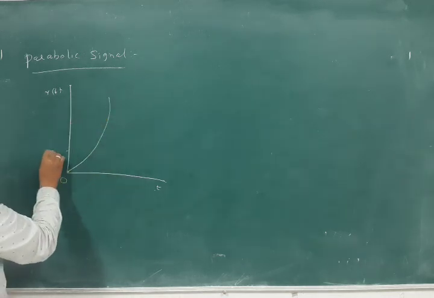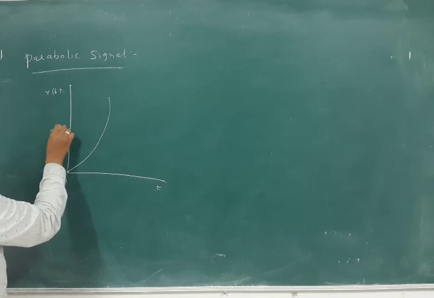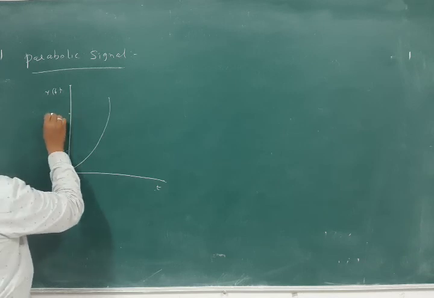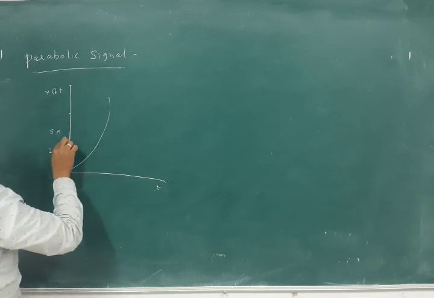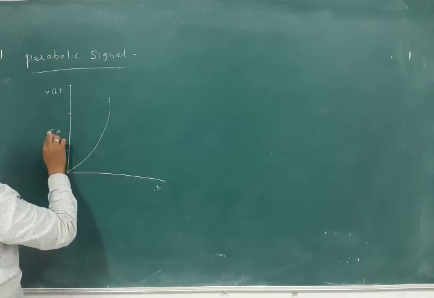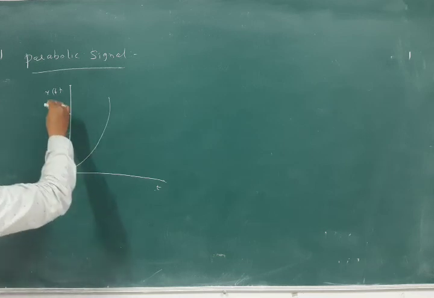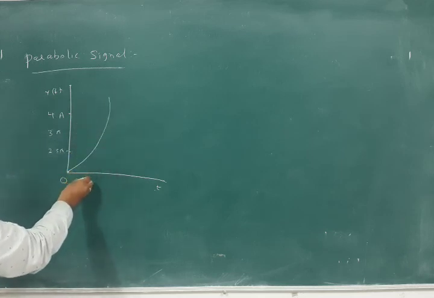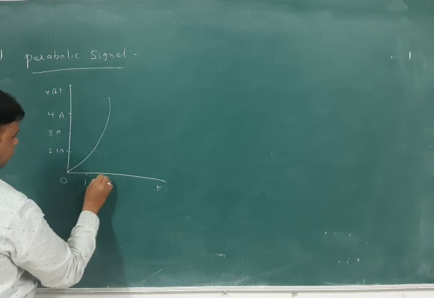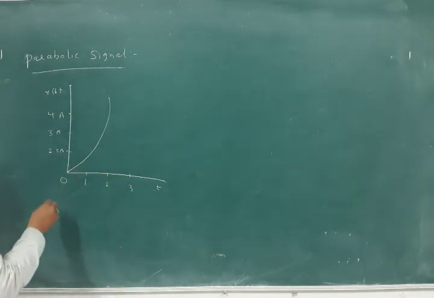Suppose you are having some 2.5a, or you can say 5a here, or you can write some 3.54a, like that. Depending upon the value, the curve will be like this. Depending upon the time, also we should write here for 1 second or 2 seconds or 3 seconds. So, it is varying in this fashion.